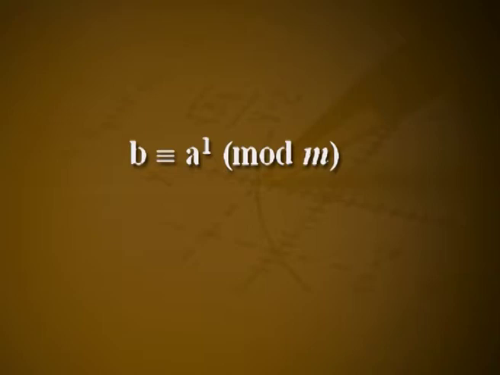If b is any other primitive root mod m, then GCD of b and m is equal to 1. Since 1, a, etc., a raised to phi of m minus 1 is a reduced residue system modulo m, there exists a t such that b is congruent to a raised to t mod m, 1 less than t less than phi of m minus 1. b is a primitive root if and only if GCD of t and phi of m is equal to 1, and the number of such t is phi of phi of m. Thus, m can have phi of phi of m primitive roots belonging to it.